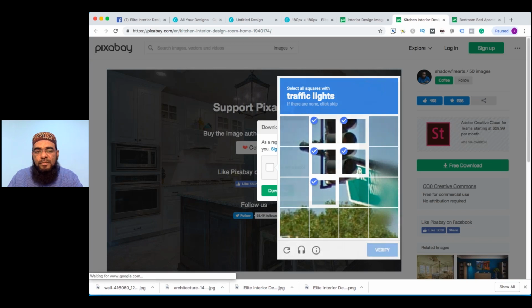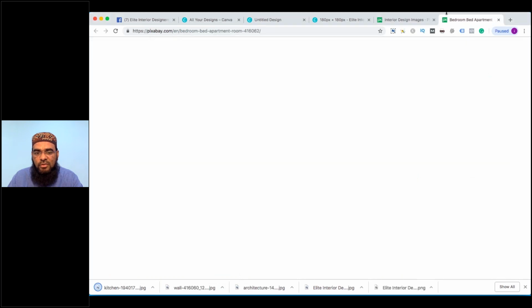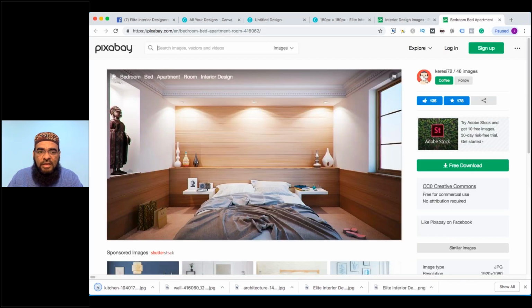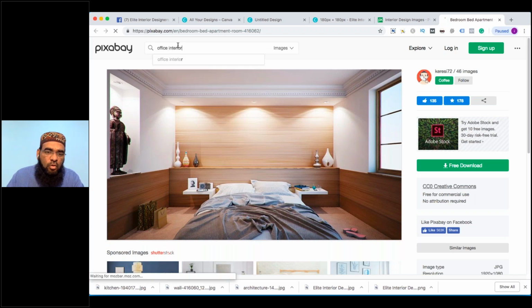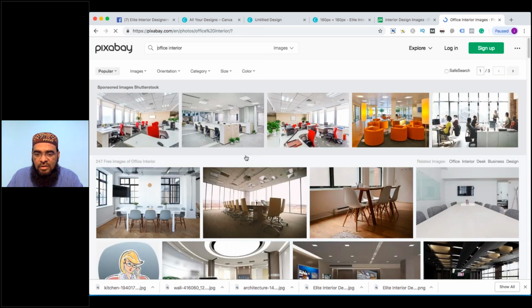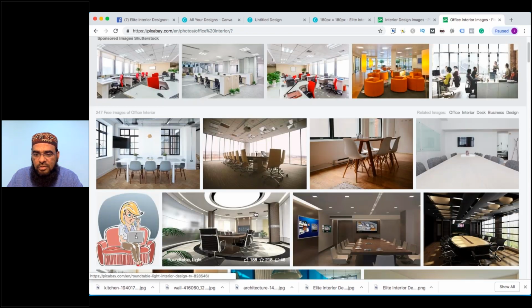Download. Okay, and the last one. I would like to take an office, office interior, because all are home related. So I want to add an office interior now that makes a variation for our layout. Now all of this would look amazing.